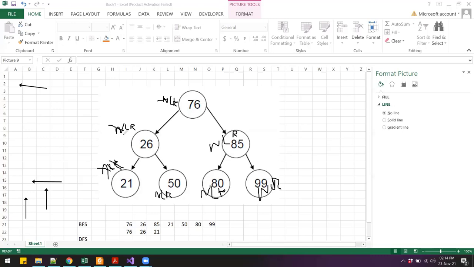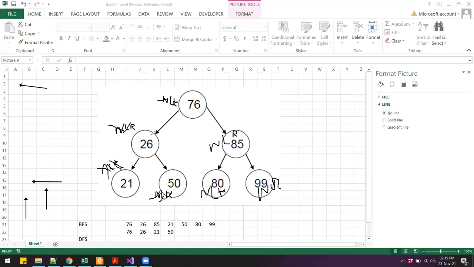It says left, so we are done with the left. So we'll cross off this left. Then we'll go to the right. If I go to the right, we have again node, left, right. So we will have to print the value of the node, which is 50. All right, so we print 50. So we are done with the node. I'll cross that off. Then go to the left child. There's no left child. Again, cross that off. Then go to the right child. Again, no right child. Cross that off.